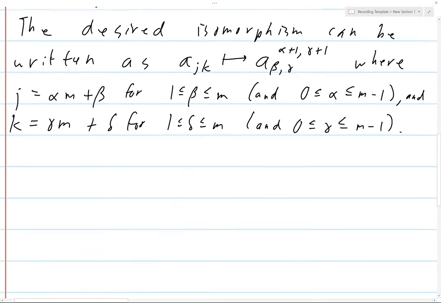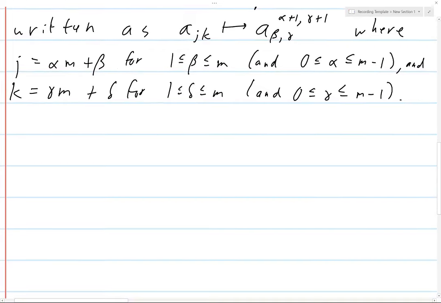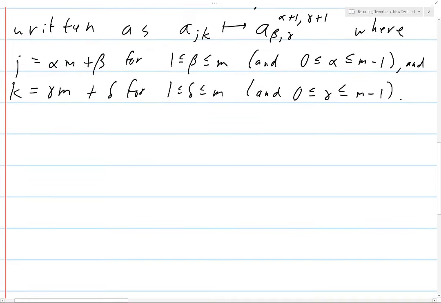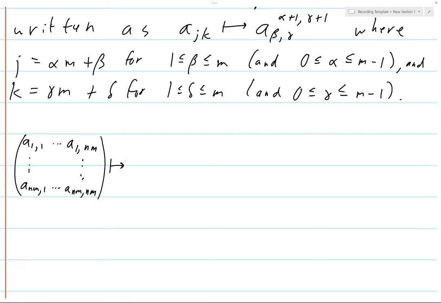So here, I'm going to do it like this. And just if you want to see an actual matrix, it's going to go A_{n m, 1}. I'll put commas here just to make it clear which one is the first thing and which one is the second, because it can be confusing when you have products in there. So what does this get sent to? Let me make this a little smaller. So remember, this is an nm by nm matrix whose entries are,